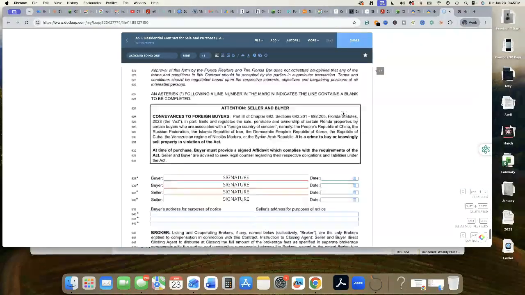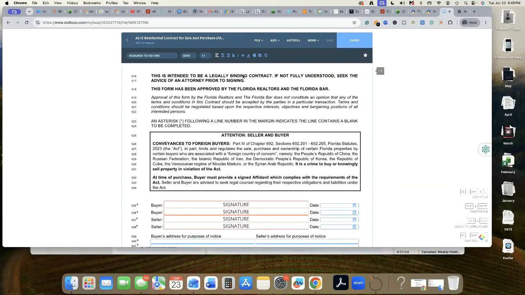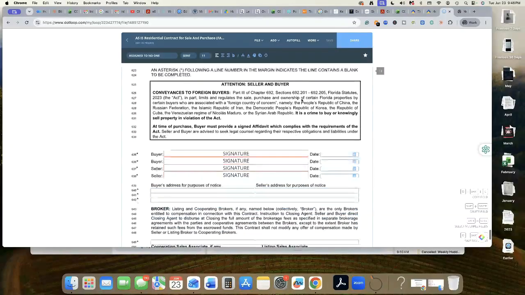And then the last page is, again, this is intended to be a legally binding contract. If not fully understood, seek the advice of an attorney prior to signing. So it's giving them a warning here. If you don't understand something, seek legal advice. This form has been approved by the Florida Realtors and the Florida Bar. And then there's a disclosure here, attention seller and buyer. And it gives you more information here regarding FIRPTA and all this other stuff. So,